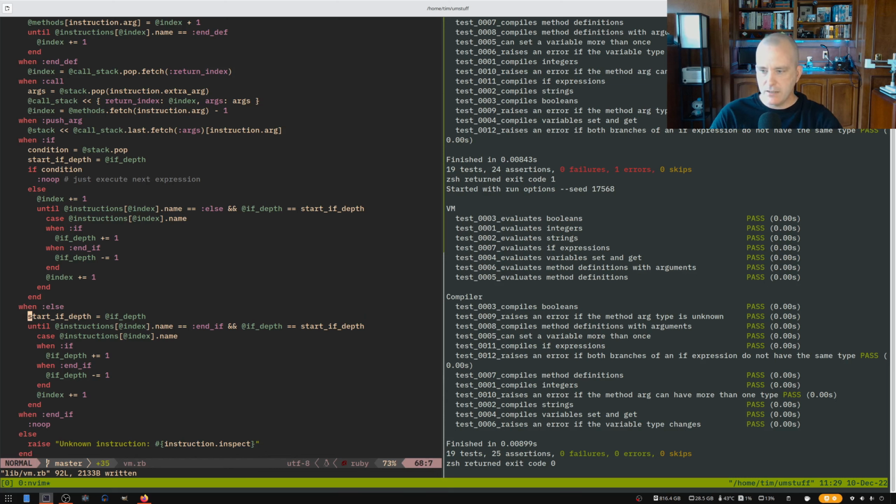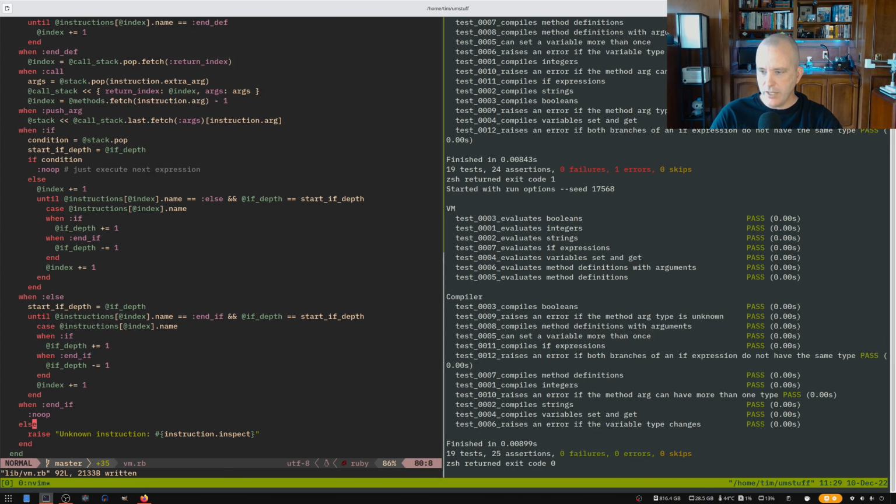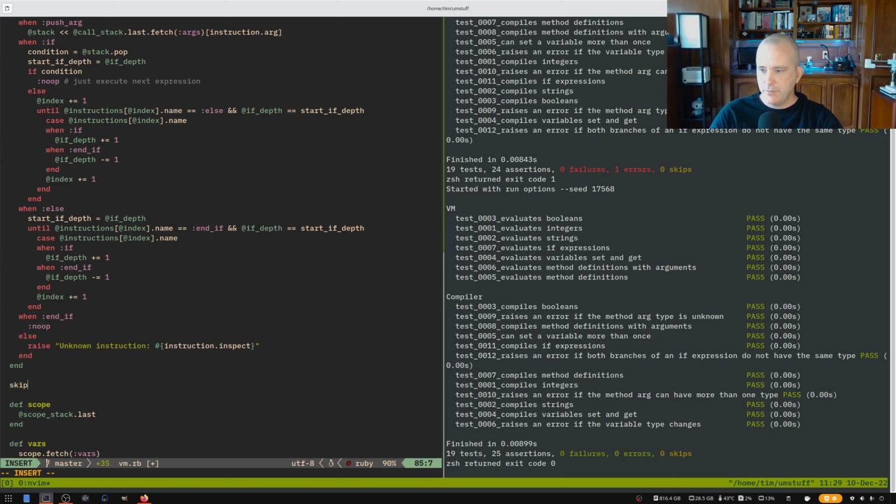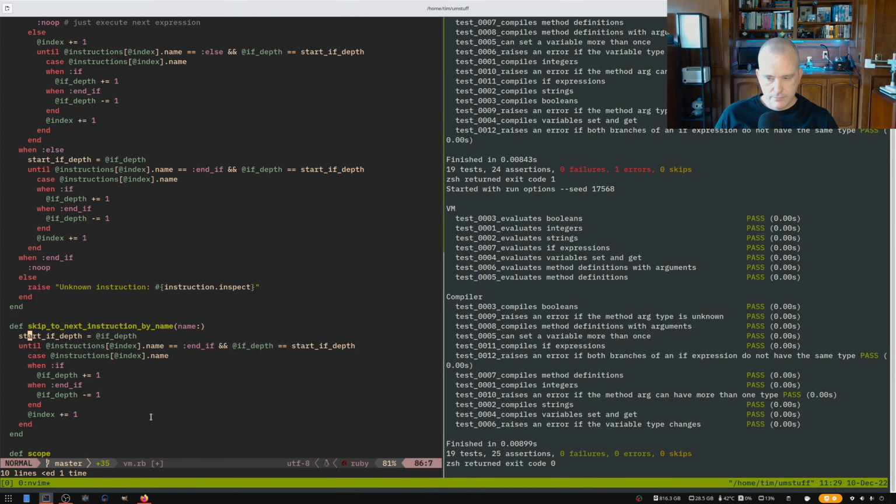Okay, I was missing this start if depth here. Now let's abstract that a little bit. So this has a lot of duplication here. So we could say skip to next instruction by name, and the name is something. And then we can copy all of this. Okay, so if we have this start if depth and we say until this equals the name that we're looking for,